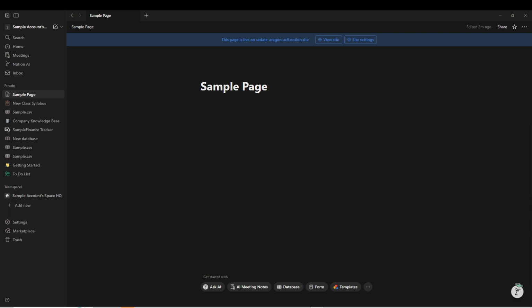One of the easiest ways to access Notion AI is through the small AI chat widget located at the bottom right corner of the screen. Clicking this opens a chat interface where you can type a prompt or request. You can ask the AI to summarize notes,